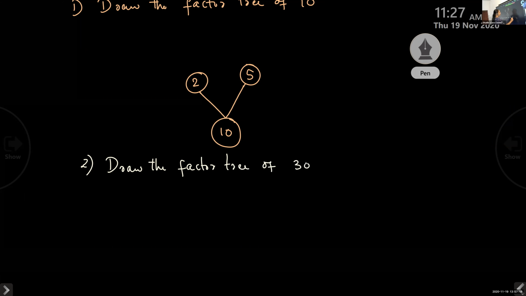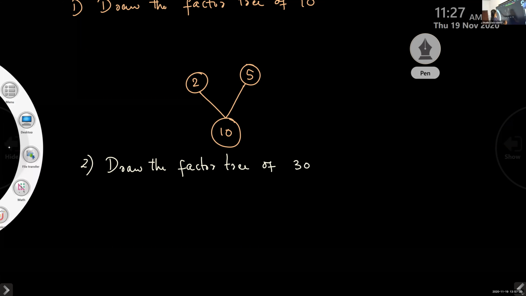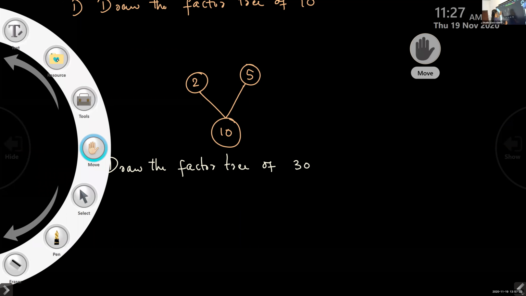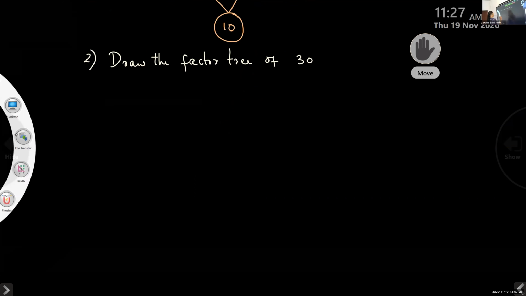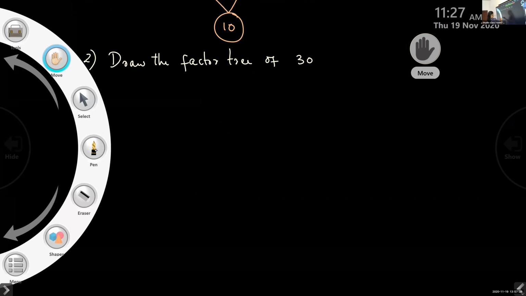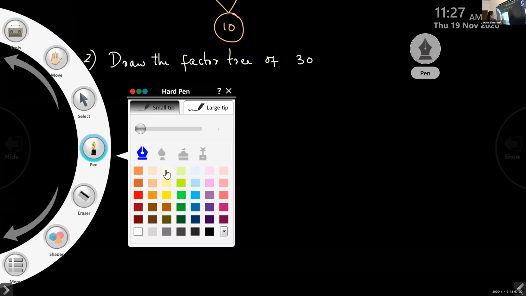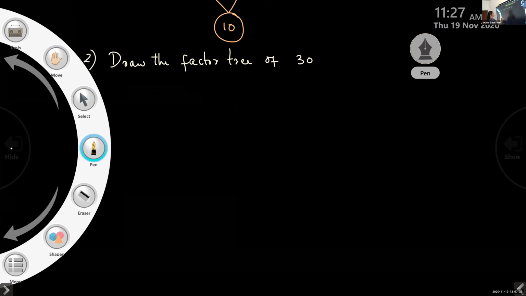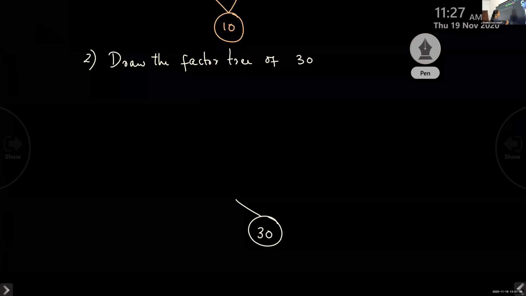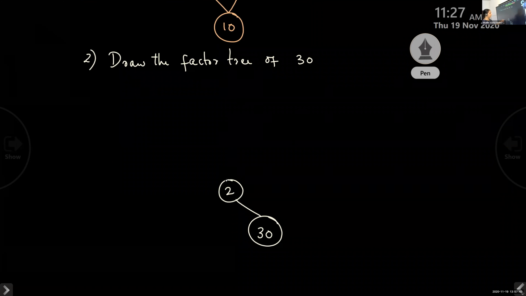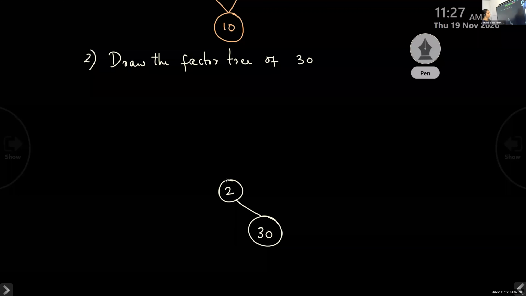See, this is our question. And one easy method I will tell you. Otherwise, sometimes if any mistake comes, you won't identify it. First, you write 30 here down and write the factor. If it is an even number, you write the next one. What is the next one? 2 into what is 30?